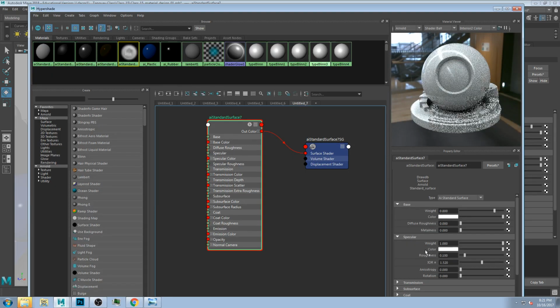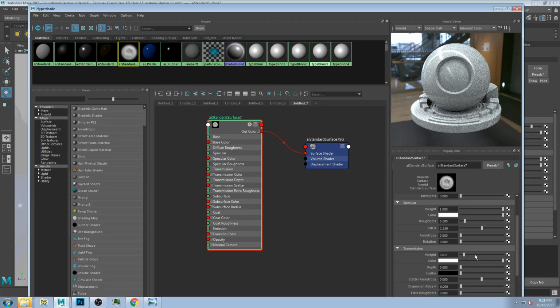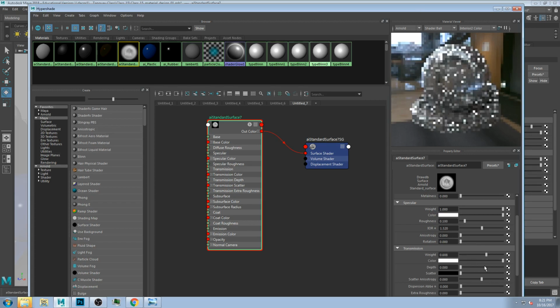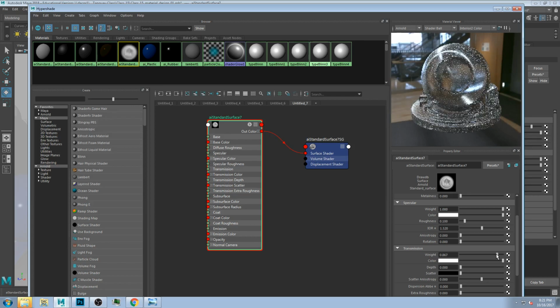There we go. Okay, transmission. There it goes. So like I said, if I bump up my transmission, you see I start to see through the object. Pretty simple. That means that light is going through, and I'm seeing through to the other side. If I turn my roughness down,